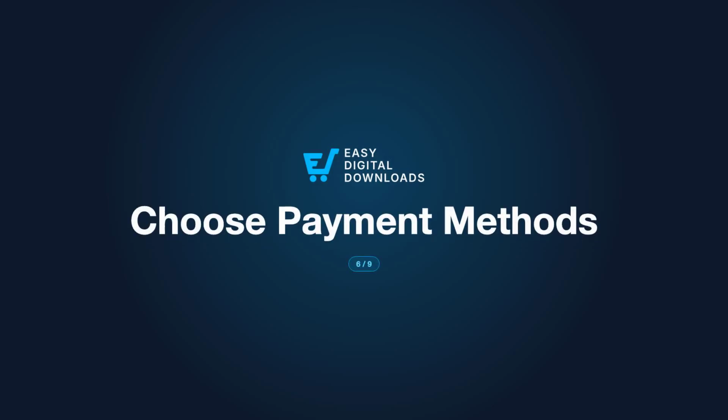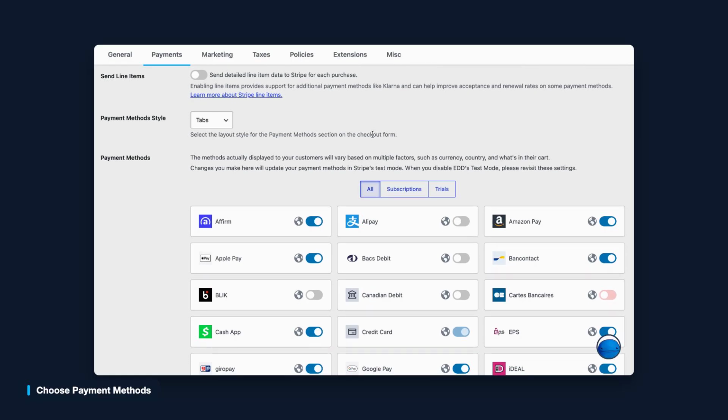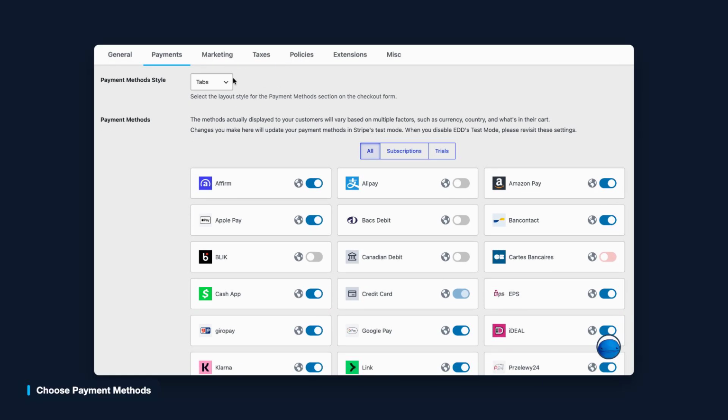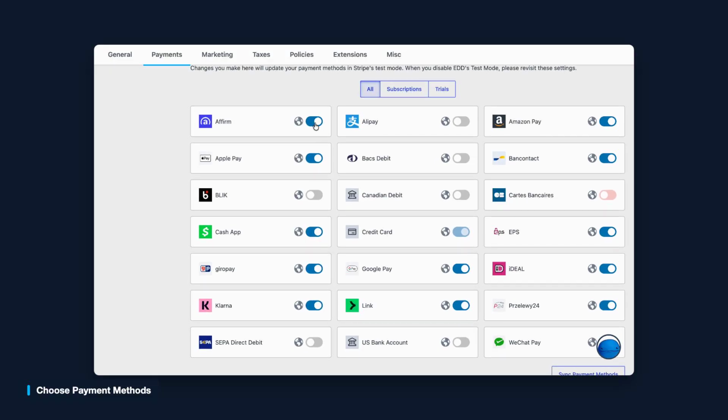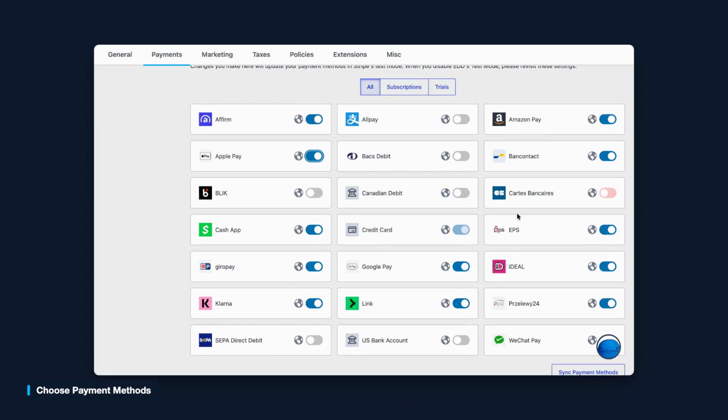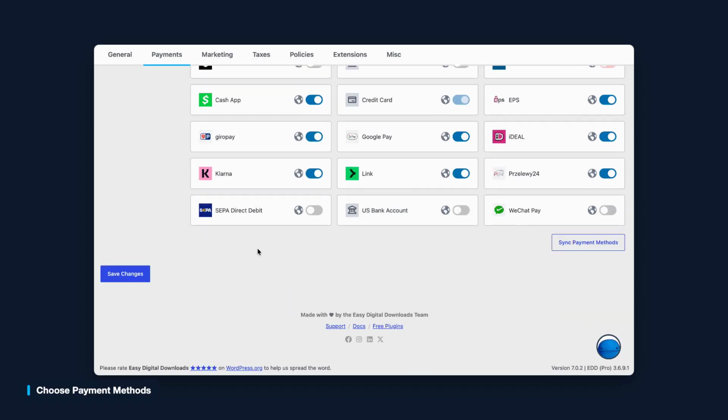EDD lets you control exactly which payment methods show up at checkout, from cards to Apple Pay, Google Pay, and more, along with whether they display as tabs or an accordion. Click a payment method to turn it on. Some methods need additional configuration from your Stripe dashboard before they'll activate. Keep in mind, the methods actually shown to customers can vary based on things like currency, country, and what's in